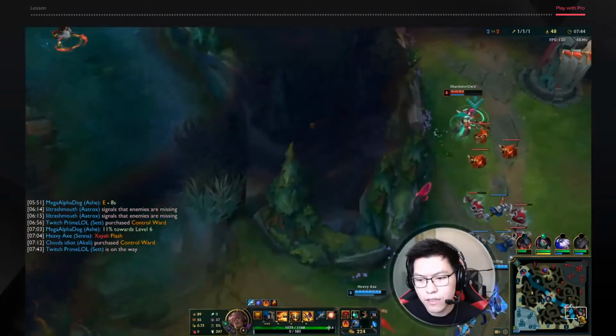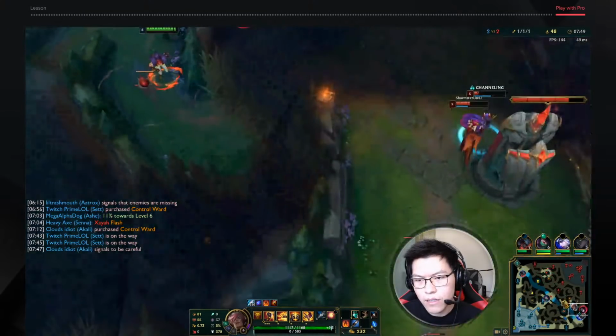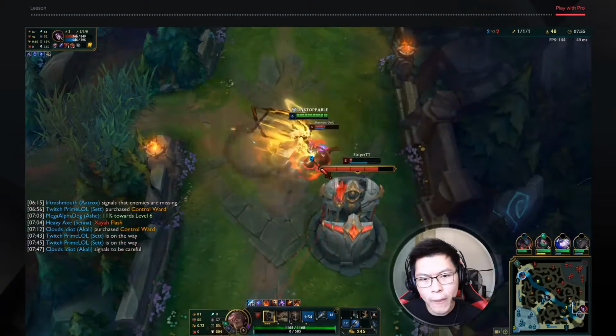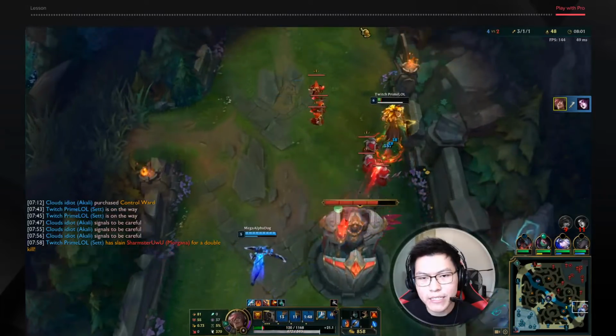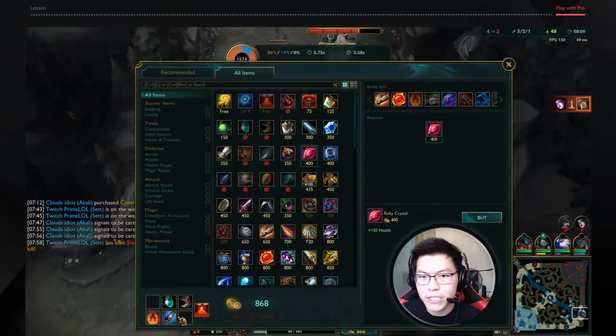And now we're gonna ping that we're heading bottom here. So we're gonna actually just Hex Flash over here. Ulti him. Ooh, we kinda inted that. I used my W for the kill, but I should just save W for the extra HP